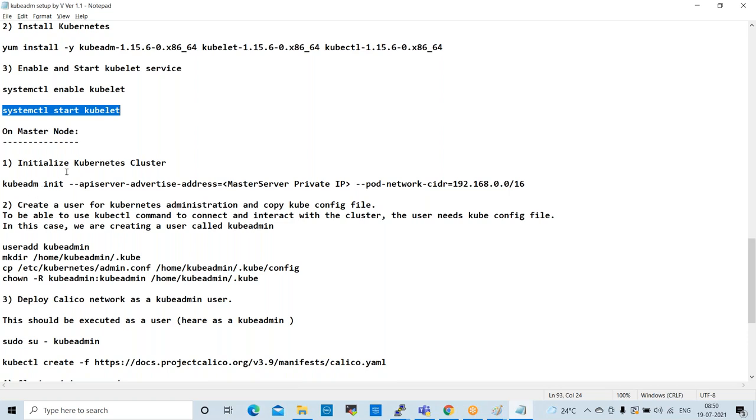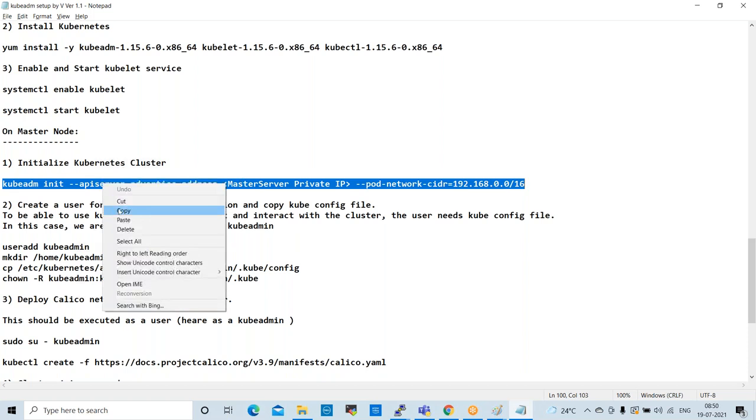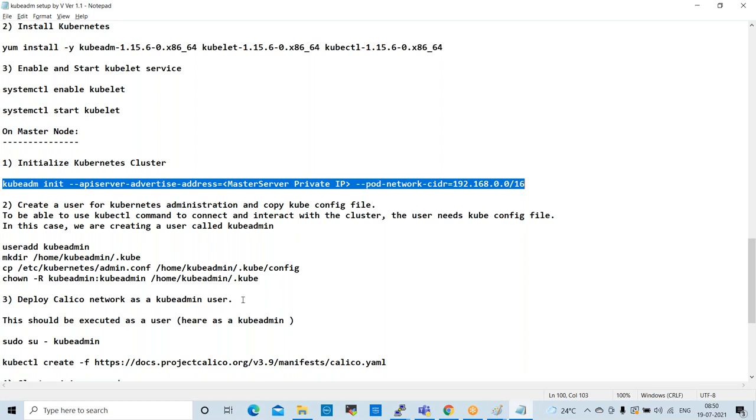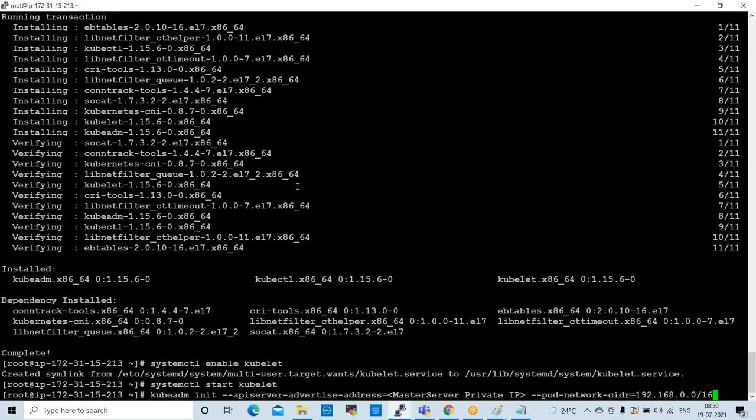Okay, first one is initialize Kubernetes cluster. So copy this entire command, entire line. Here we need to change the private IP. We need to give the private IP of your master server. So copy this. Here I need to modify this.